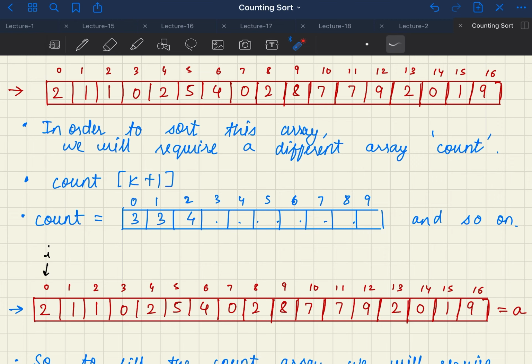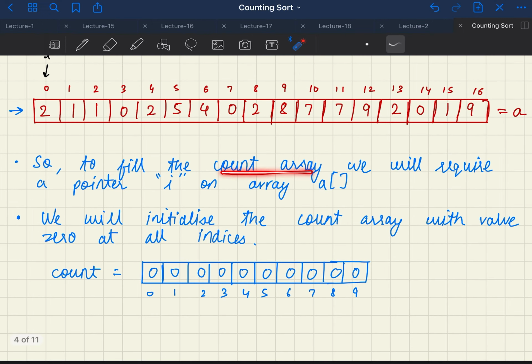So as you can see, the index is 0, 1, 2, 3 till 9. In this, we are counting the frequency of each and every repeating element. Like as you can see, 0 is being repeated 3 times, so it is denoted here. Likewise, 1, 2, 3 until 9.